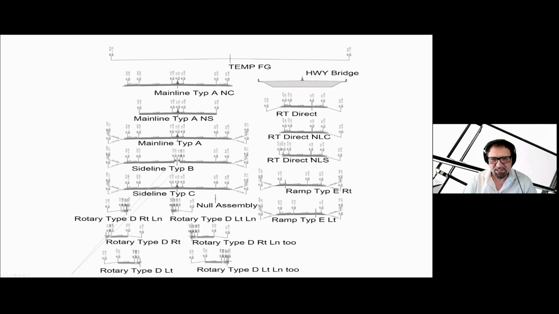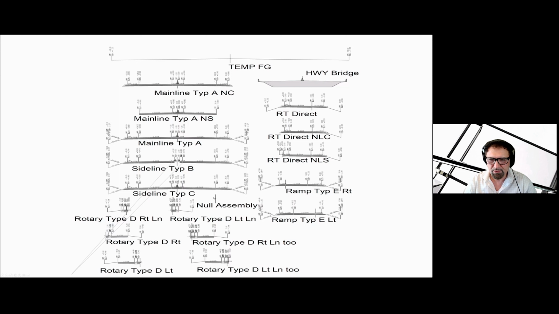All right, so the sideline, this is a real life example. It has the median where there's just basically planters. So there's room left for planters. And then through the rotary, between the two rotaries, actually, you'll see that in the corridor model. It's just almost the same as the main line.